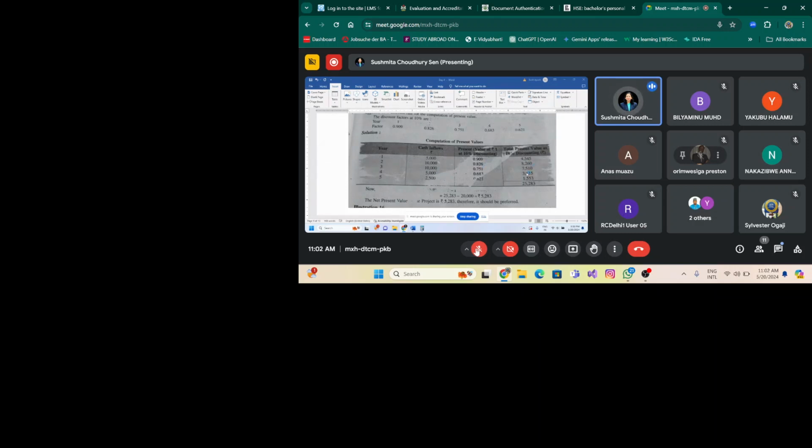Again 10,000, but this time the value is 7510. In the fourth year, 5,000 becomes 3,415, and in the fifth year, 2,500 becomes 1553. So that is why the total earning is 25,823. As the initial investment was 20,000, so that is why net present value, the formula of net present value